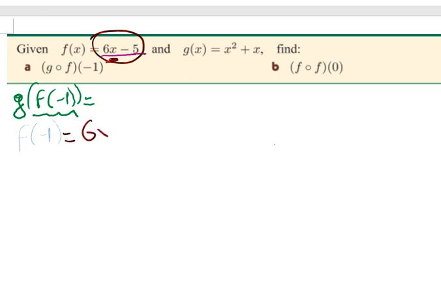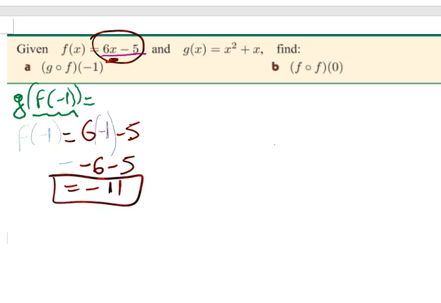x minus 5. We said instead of x, you need to put minus 1. Okay. So in this case, that will be 6 times minus 1 will be minus 6, minus 5 equals minus 11. Now you know that your f of minus 1 is minus 11,